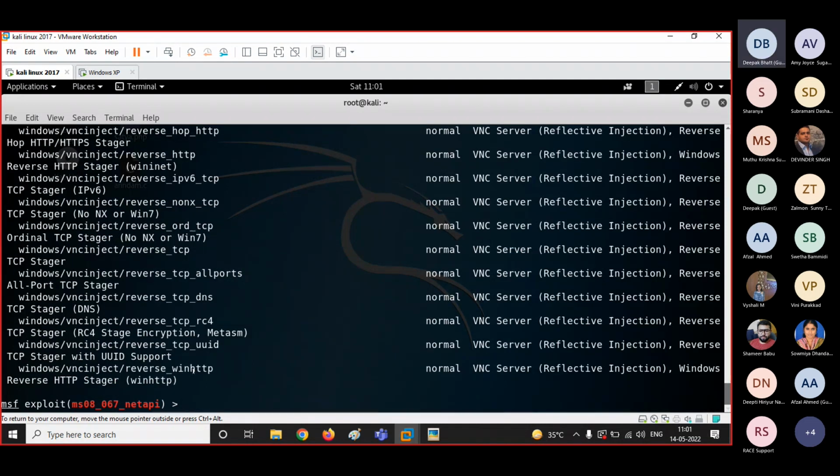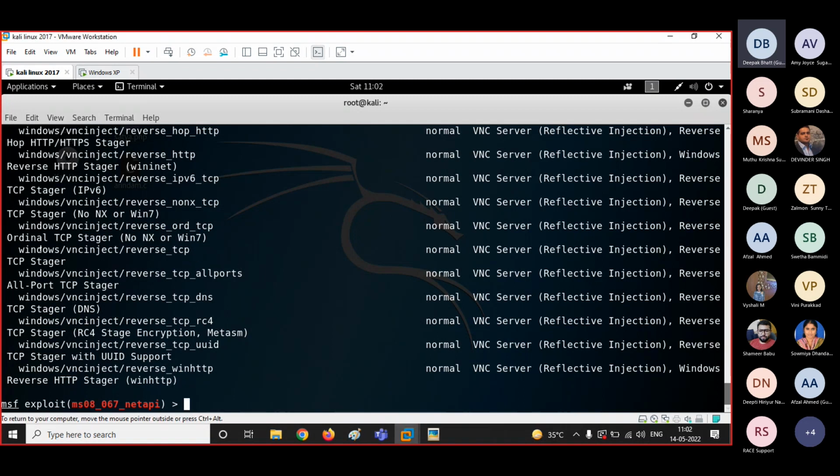As soon as I typed it, guys, these are the payloads that are available. If you are working inside an organization as a pen tester, you have to check each and every payload over here. That is why pen testing activities are very lengthy, very expensive, and very time consuming, because you have to check every piece of information, every vulnerability, every exploit that you are receiving. Over here, you are getting so many payloads.